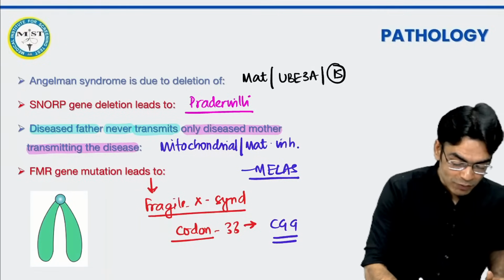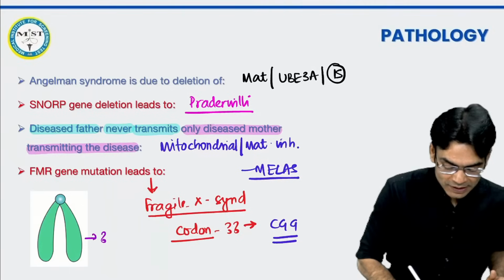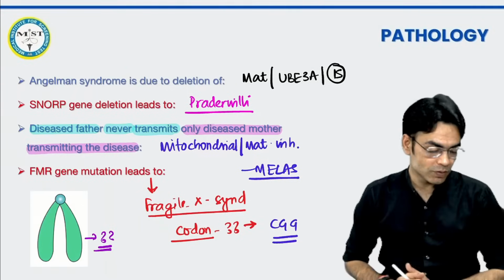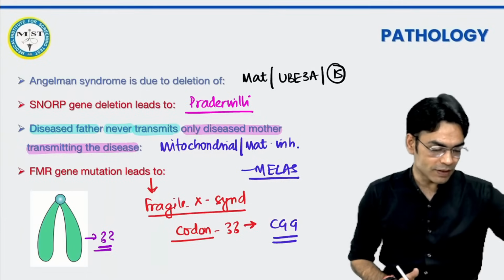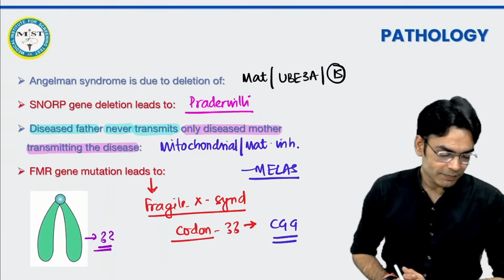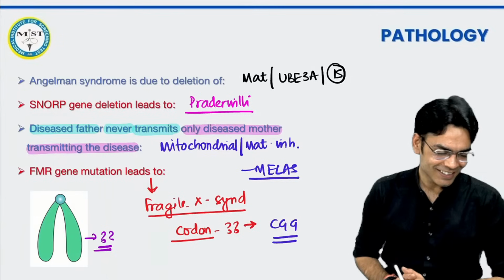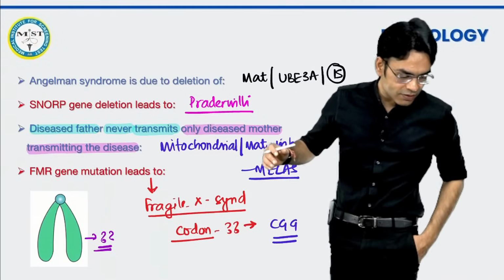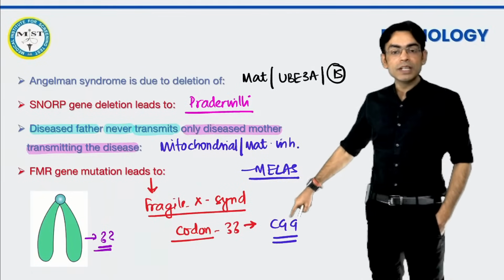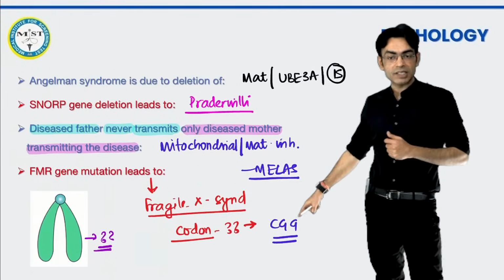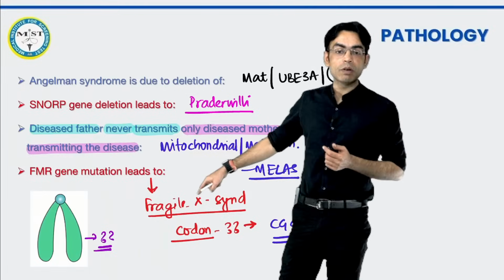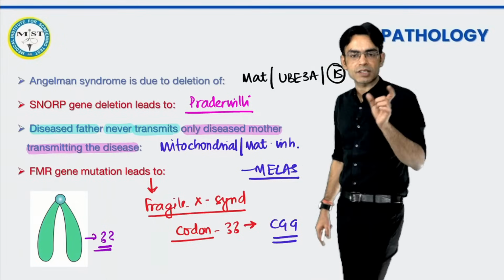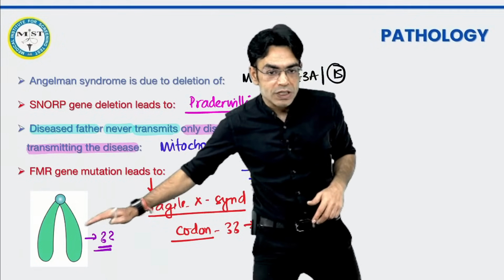चलो अब मेरे को बताओ टाइप ऑफ क्रोमोसोम. Tell me which type of chromosome is it. फटाफट से बता दो, जल्दी से बता दो. Which type of chromosome is it. Yes, knowledge medicos, you are right that you need to have more than 200 repeats of this CGG codon, then only the patient will be suffering from Fragile X syndrome. Otherwise, it's a pre-mutated state. But अभी अपन इसके नहीं, इसकी बात करें बेटा. Which type of chromosome is it?